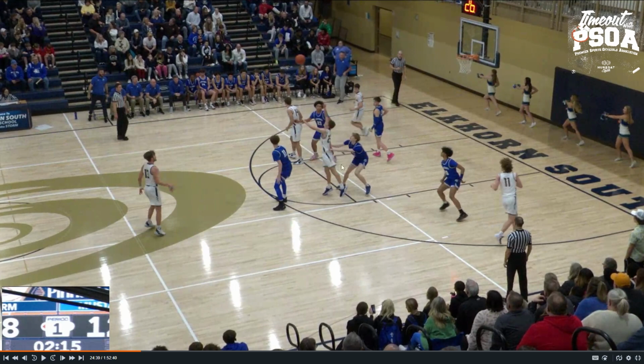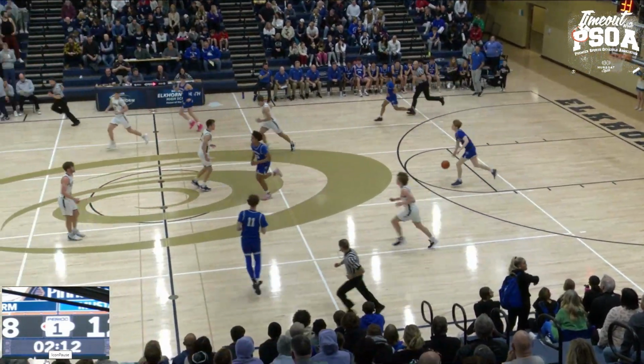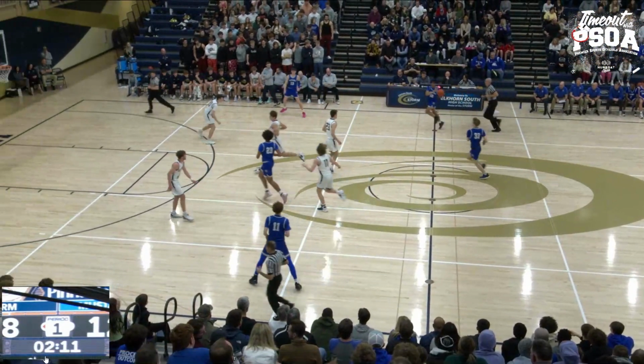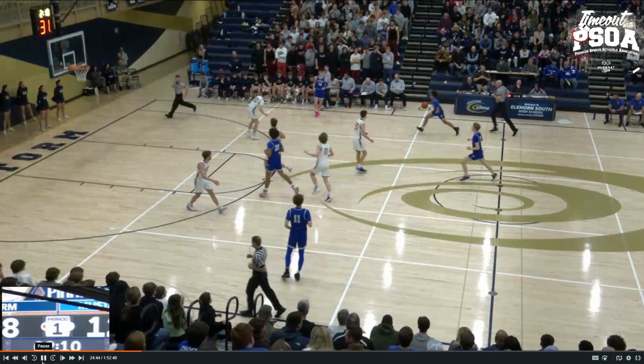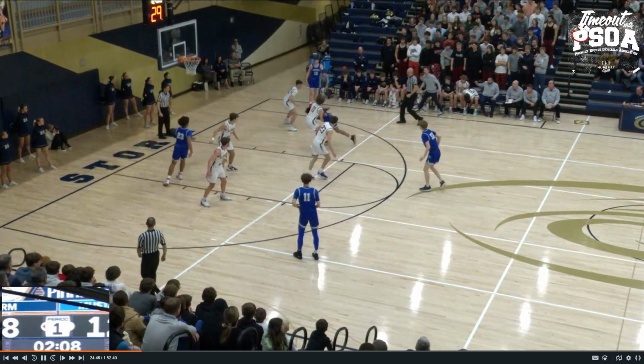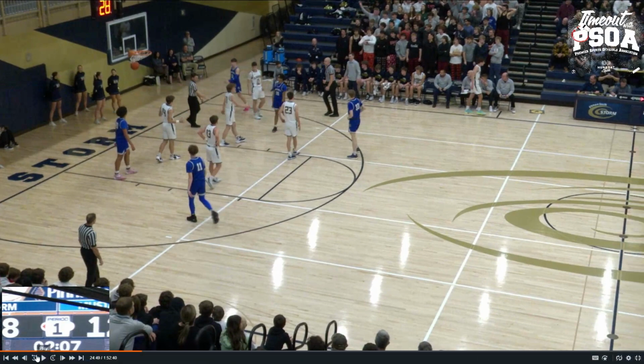All right. However, the judgment is this ball is so high in the air, whether this player pushed or not, it did not impact the normal basketball movement of what number 23 was going to be able to do. What caused that turnover was the bad pass. It was not the contact by the defense. All right, so that was the judgment. It is important if a coach asks or if a player asks, we have that information of why it was not a foul. The pass caused a turnover and not the contact.